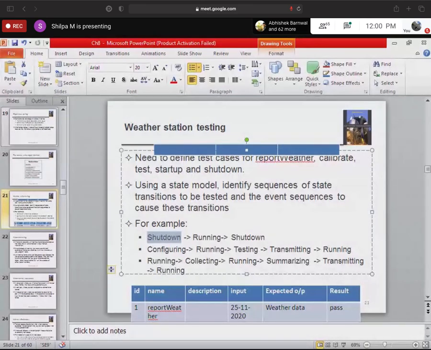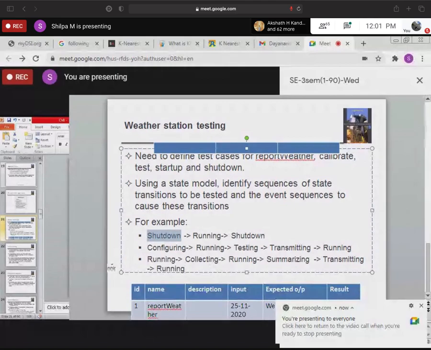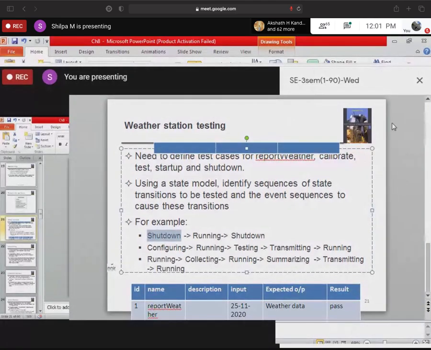So basically, the test case document will be written by the testing team by going through the different design documents like use case diagrams, sequence diagrams, and object diagrams, all of that. If your sequence diagram or your object diagrams are wrong, that will be reflected in the test cases also. Did you get it? Can I go to the next topic?